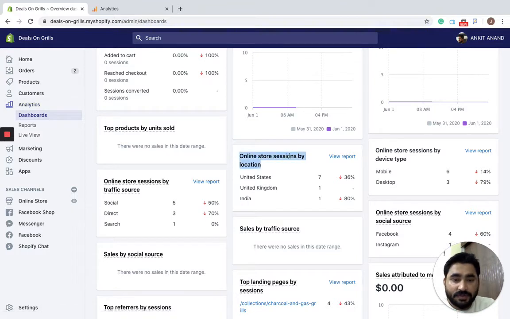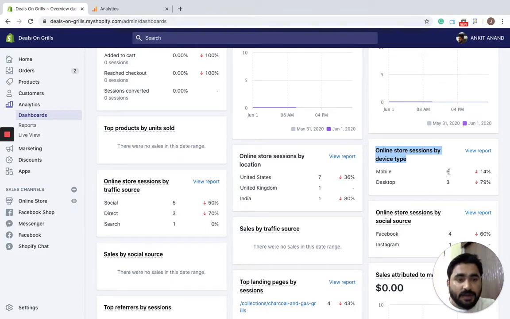This is the place where we get this report. It shows that our main traffic is coming from the United States, followed by the United Kingdom and India. Then we should keep in mind which device is being used to access our website.